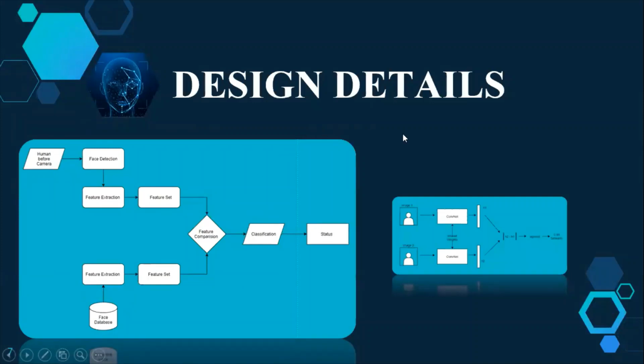So now let us discuss the design details. We compared a few methods for face detection such as LBP, Cascade, DNN, etc., and we found out that the DNN model is the most effective model for face detection. In our project, we have two phases: phase one and phase two. Phase one is where student enrollment is done, and features are extracted and stored in the database. In phase two, the student's face is detected, pre-processed, features are extracted, and it is sent for feature comparison.